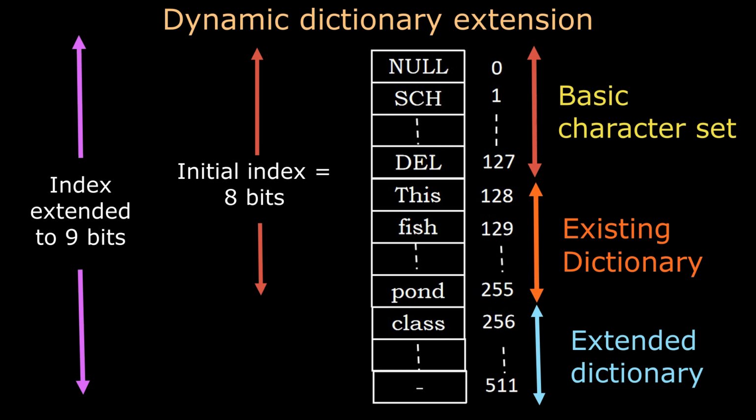So in this way, based upon the words that are coming to the input of the encoder, the index will be extended dynamically. So in this way, the LZW algorithm does not store all the words. Instead, it will store only the words that are given as input to the encoder. As a result of representing only the words that come to the encoder, the average code word length will be less when compared to the LZ algorithm, thereby improving the compression ratio. Thank you.